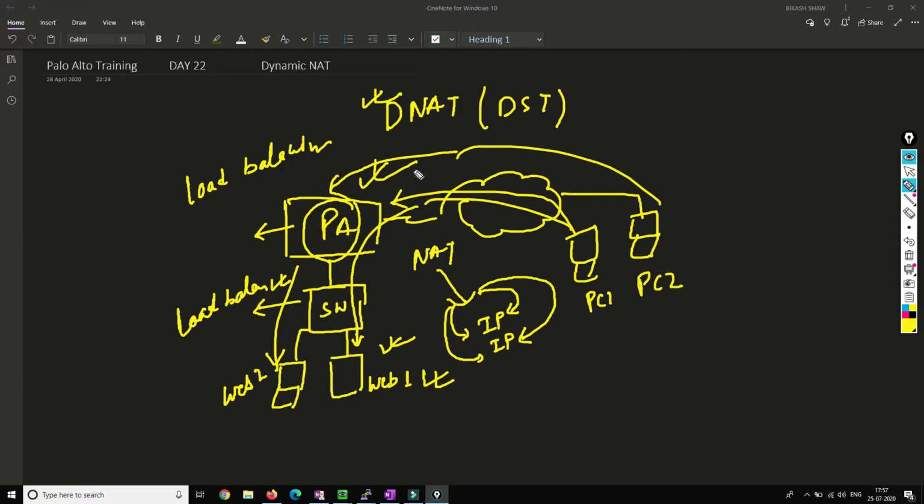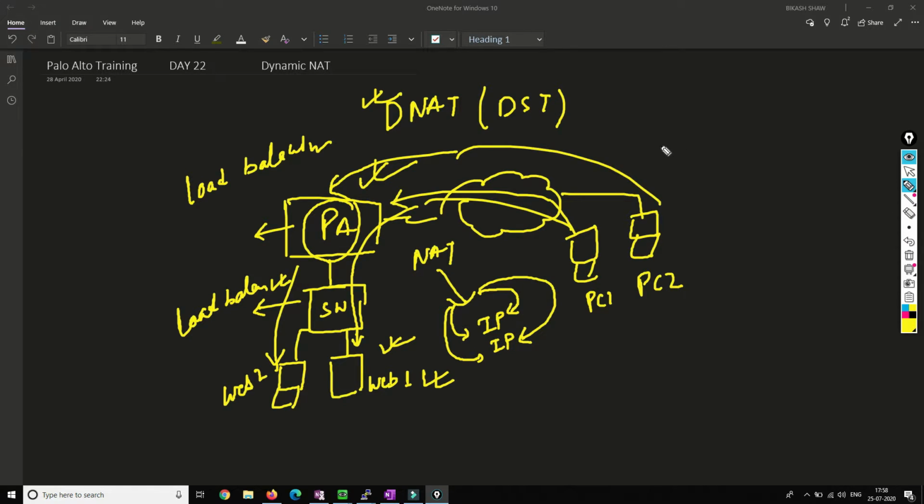So this is a requirement that I can see from Dynamic NAT, because I have seen some places where Dynamic NAT has been configured like this. That is the reason you can save your cost. So you don't have many web servers hosted inside your organization. In that case, you can use this feature.